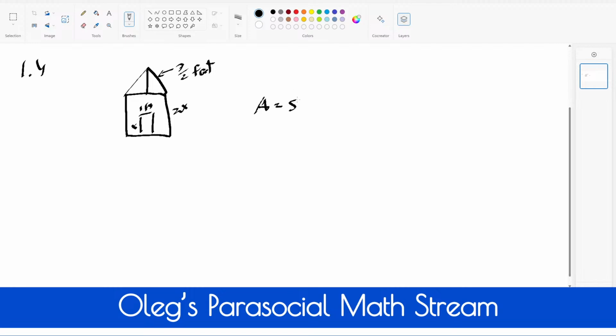A is equal to s squared, which is equal to, now the area is base times height. So this is a square, so we're going to say this is also 2x basically. So then we have 2x squared, which comes to 4x squared, and this is going to be the area of the square in square feet,